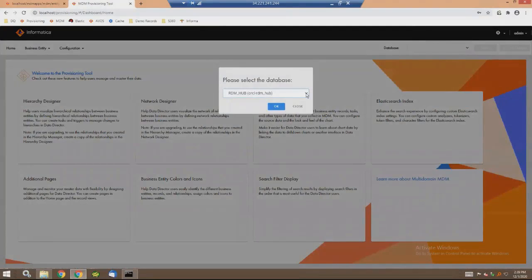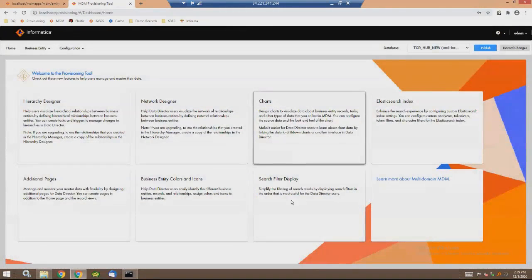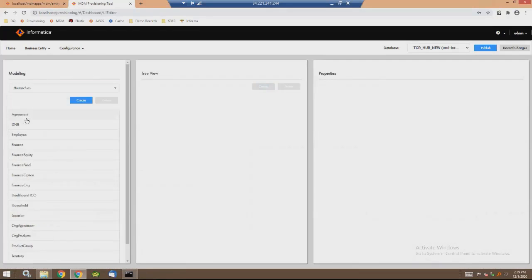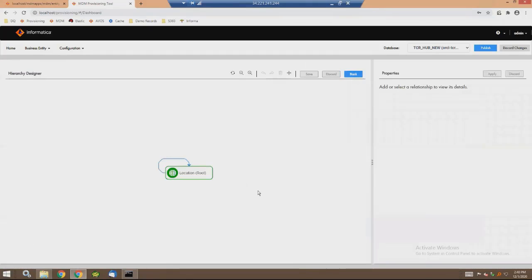And here, this is the ORS, and it would be the TCR hub, which is my customer 360 model. So I'm going ahead and picking that. Once that is picked, I want to go into the modeling. And under modeling is where you will see hierarchies and network. So let's go ahead and click on the hierarchy. And for example, let's pick the location hierarchy. And once I pick the hierarchy, you can go ahead and edit the hierarchy, and you will see a canvas